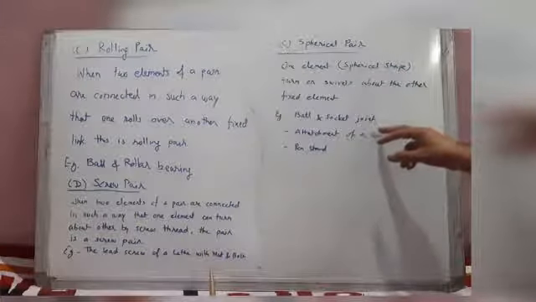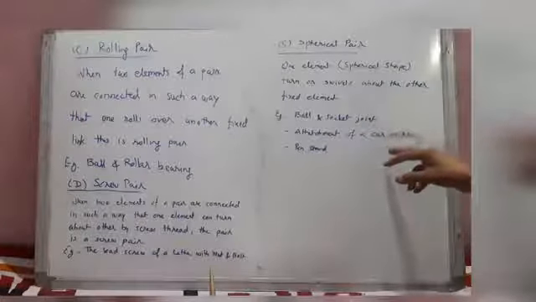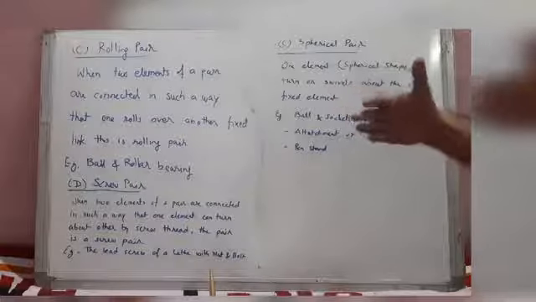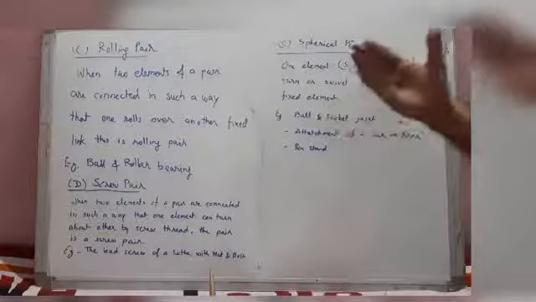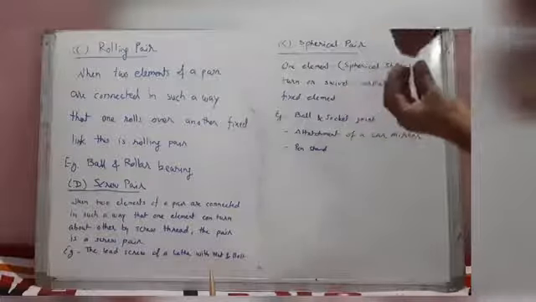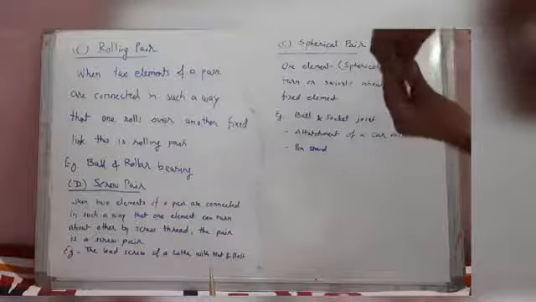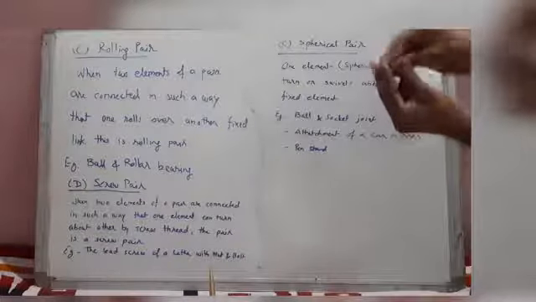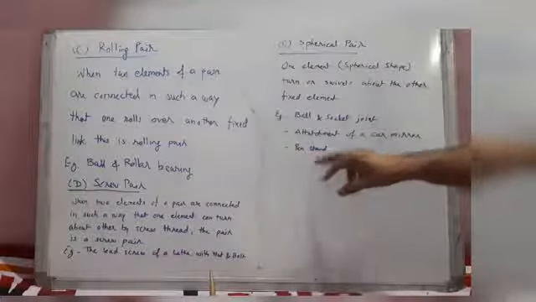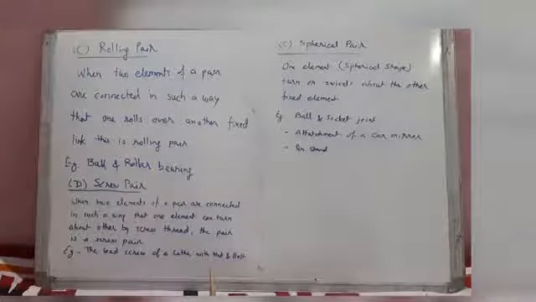This type of joint is provided in machines. Then attachment of car mirror. You might have seen the car mirror rotate. You can rotate the car mirror like this, or some up and down motion is also allowed, because the joint is like some spherical joint here, and this type of movement is possible here. And the pen stand, what I have shown to you. Okay, then we will discuss next.